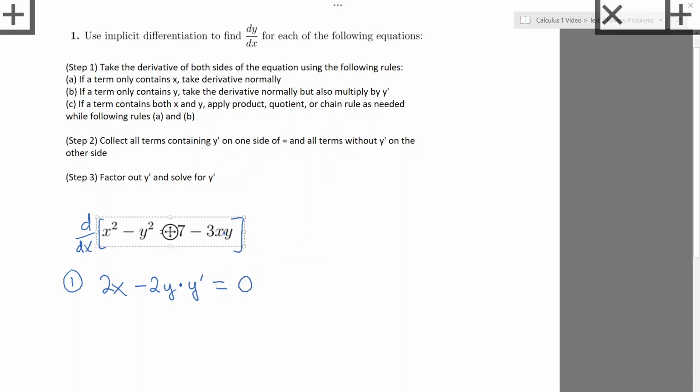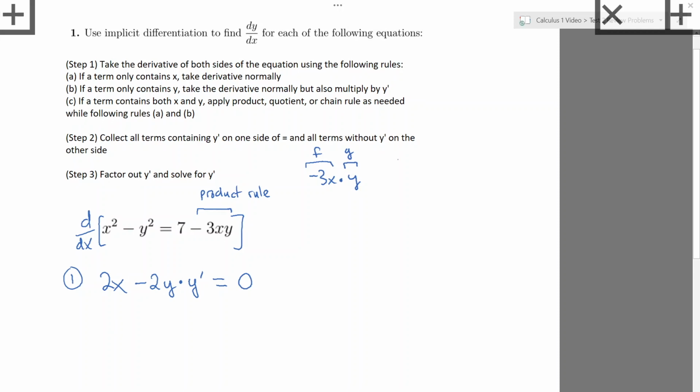right? So this is the product rule. So this part here, we do the product rule, right? So I think of it as minus 3x times y, right? So we think of this part as the f, and then this part as the g, right? So f is equal to minus 3x, g is equal to y, and then we have to take the derivative separately, right? So f prime,